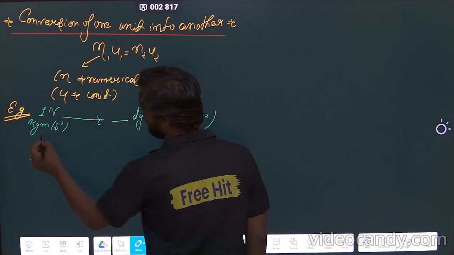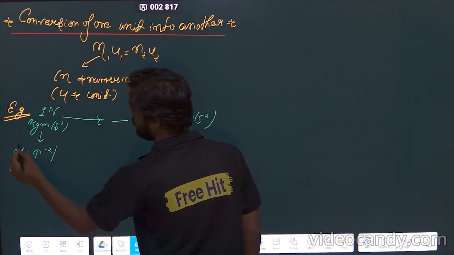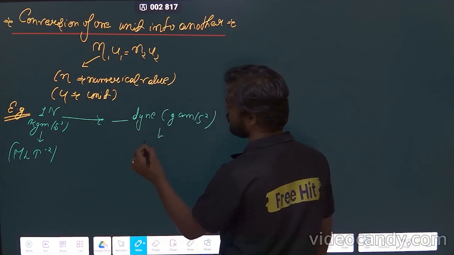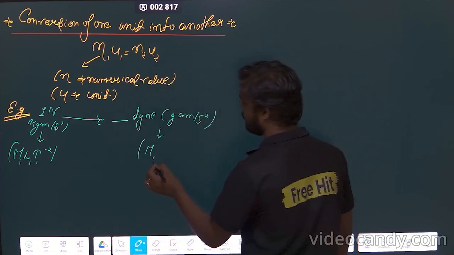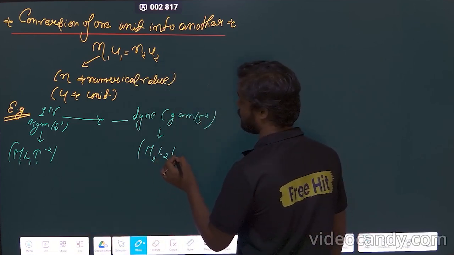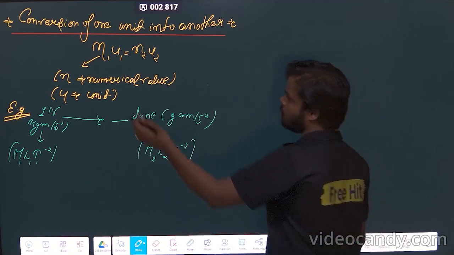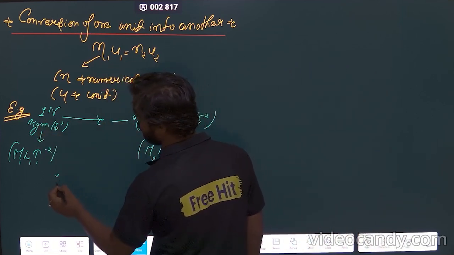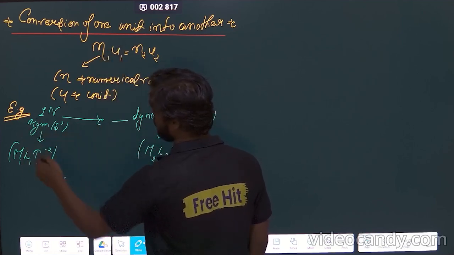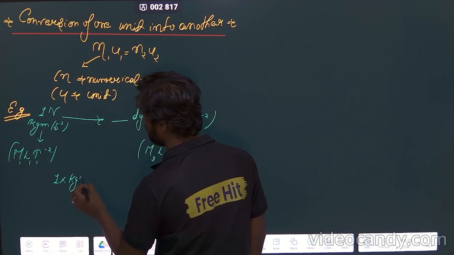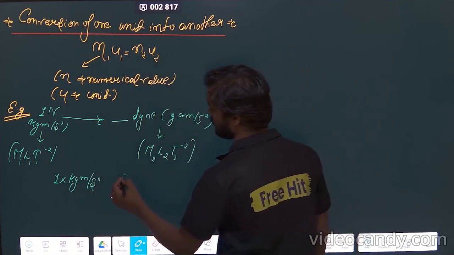Simple. What is the dimension of force? The dimension will be M L T minus 2. Clear? You can write it as M1 L1 T1 minus 2 for the first system, and M2 L2 T2 minus 2 for the second. Then you have to write the values. N1 is 1, into unit 1. Unit 1 is kg meter per second square, and this is equal to